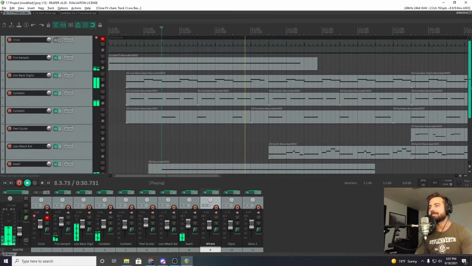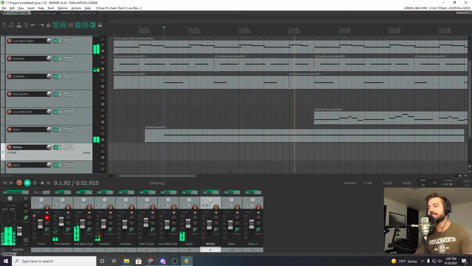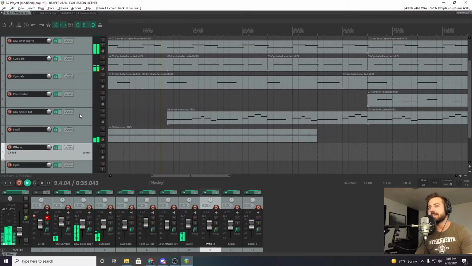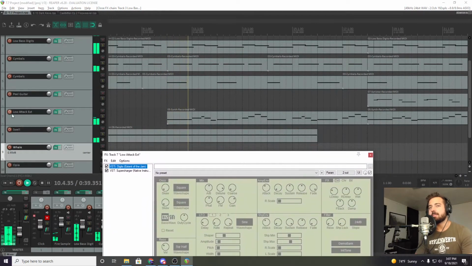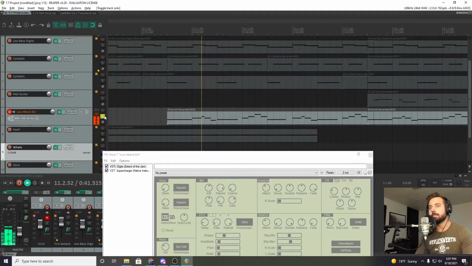So then here I'm using the extent of the jam digits again for this first melody. First thing that you may notice, a lot less attack there. It's not something more like staccato.